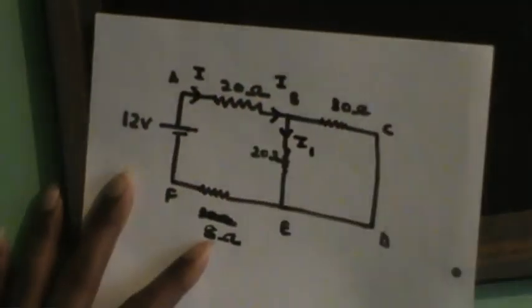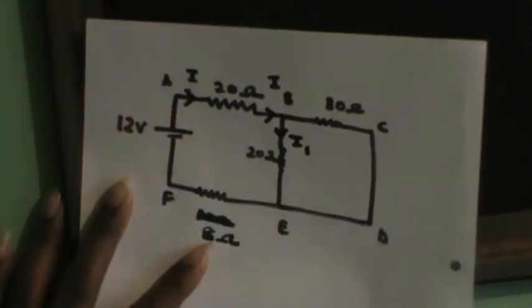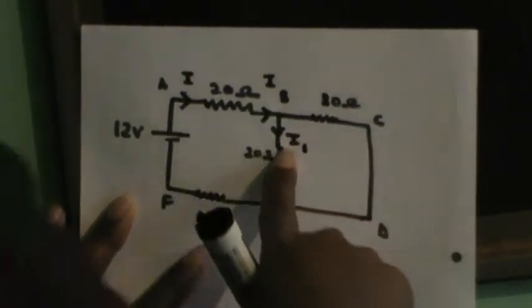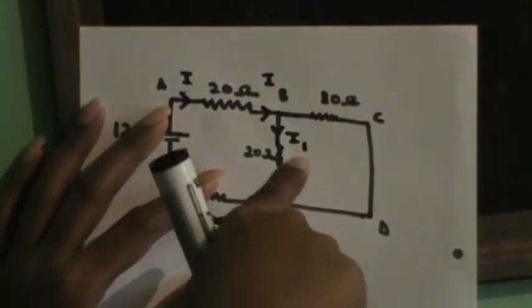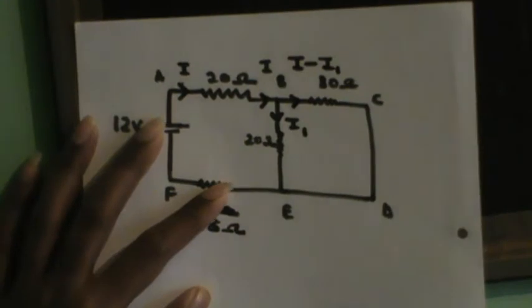So from Kirchhoff's first law, the junction rule, you know that the algebraic sum of currents around a junction is 0. So if the total current around this junction is I plus I1, to neutralize that you will have to put a current here, I minus I1. So that is simply like losing the current, you lose the current, you add the current. You lose the current of I minus I1, so you add the current of I minus I1.